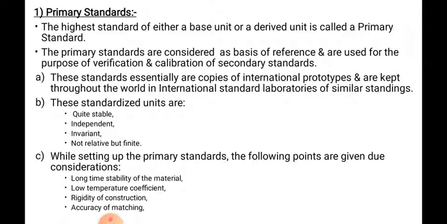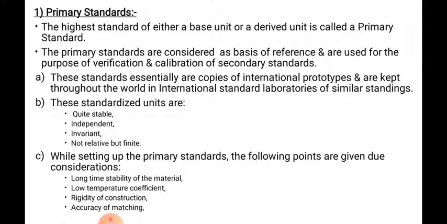You have studied in the manufacturing process as well as in strength of material or mechanics of material that aluminium and copper materials will elongate or undergo some deformation because of temperature stresses. You must have studied that. So in that case, what will happen? Suppose the primary standard has certain deformation. In that case, that primary standard is used for the calibration and verification of the secondary standard.